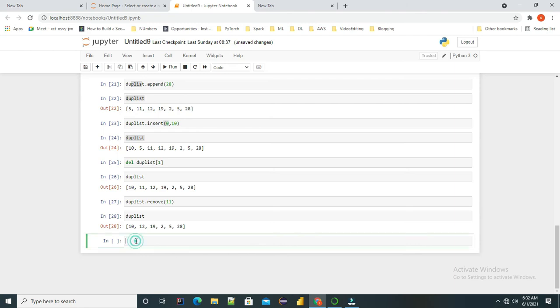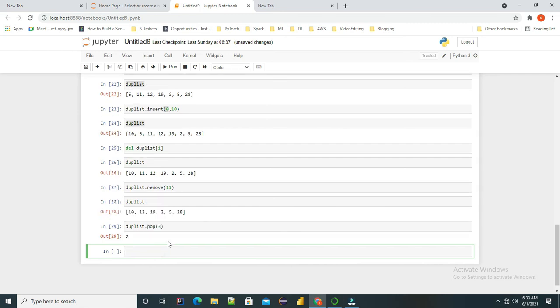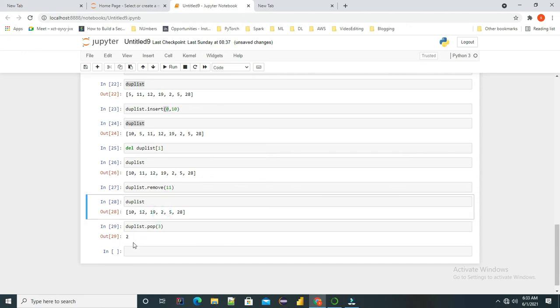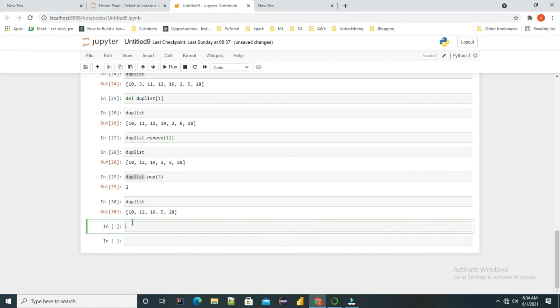So how we will use, we will see. We'll give dupe list of 3. With this, if we do dupe list dot pop of 3, if we give dot pop with the list and we specify the index position, like here we have done 3, it will remove the element. Here it's showing which value it has removed. See, at the 3rd index it is 2 and it has removed. It is popped out. Let me add one more element in our dupe list.